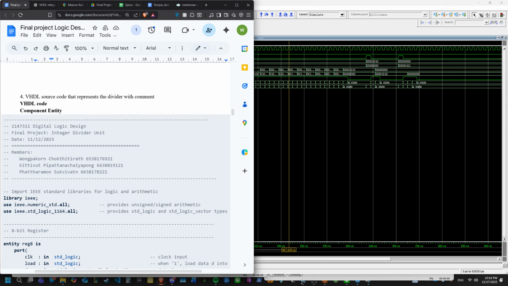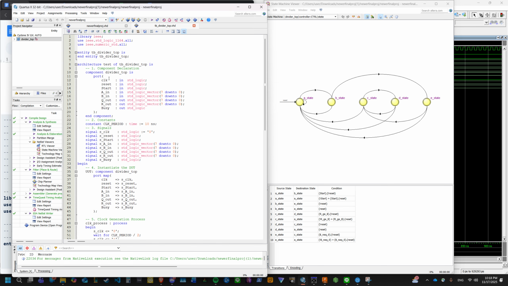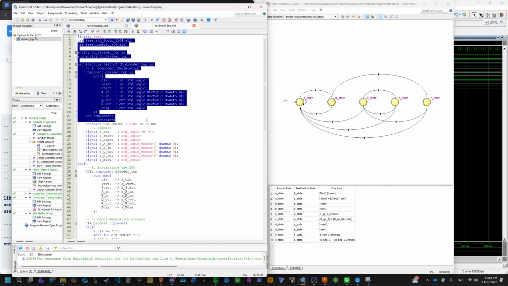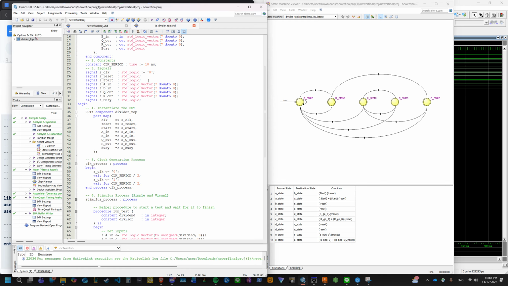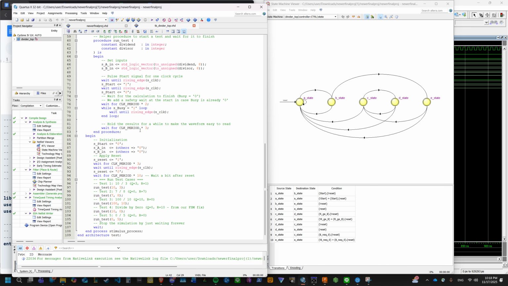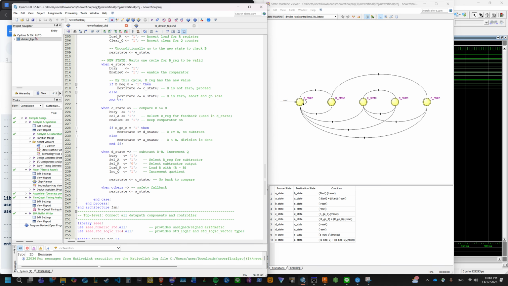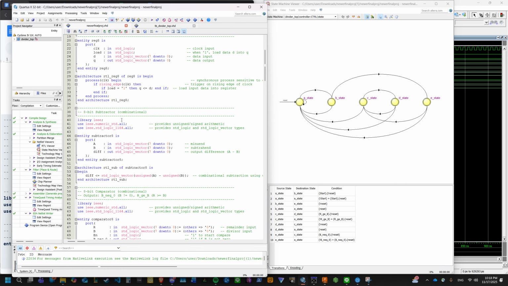So now let's go into the VHDL code, which is pretty simple. We have our initialization: our ports, our clocks, our processes. And now we define our entities, our chips, which is the subtractor, which is basically just A minus B,